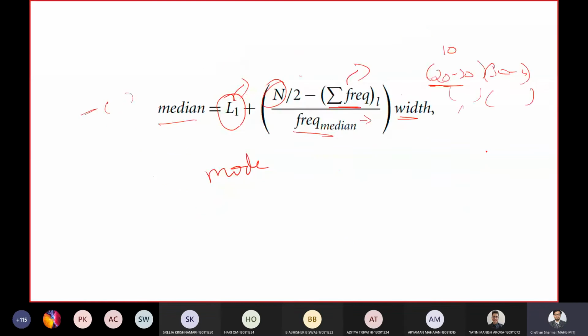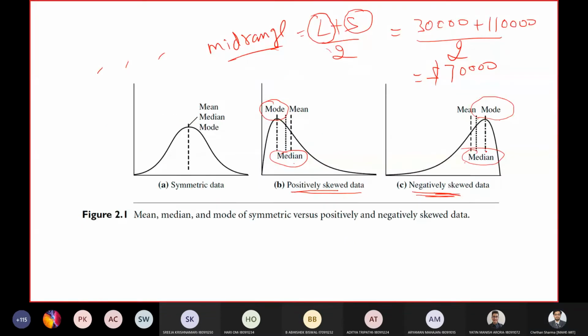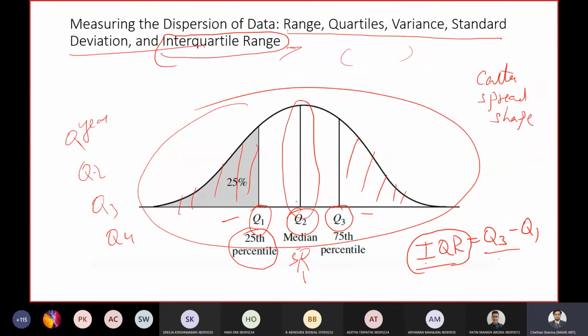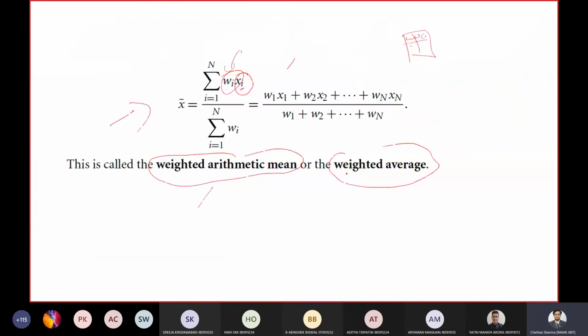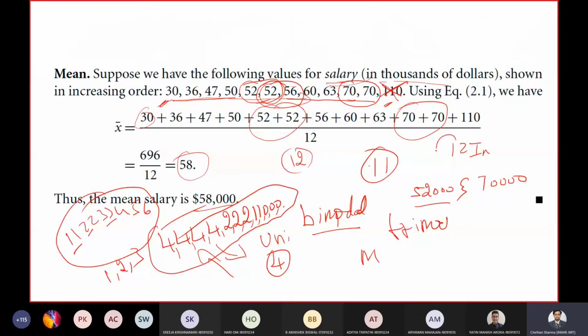And we need three quartiles, Q1, Q2, and Q3. So you need to actually divide the data set into the first 25%, the next 25%, and the last 25%, something like this. So basically four different parts. The total number of observations here is 12, and 25% of 12 gives you 3.